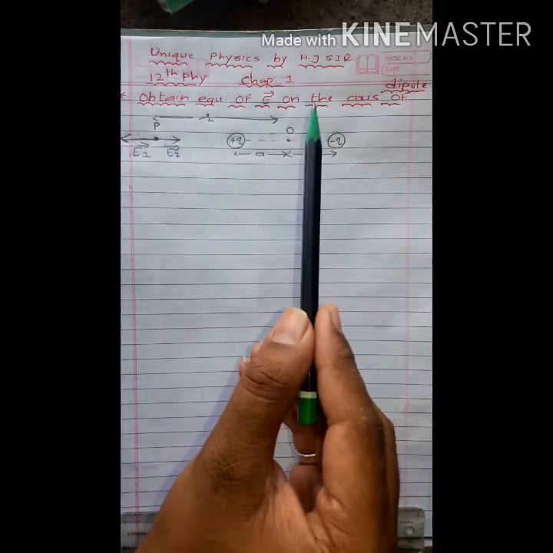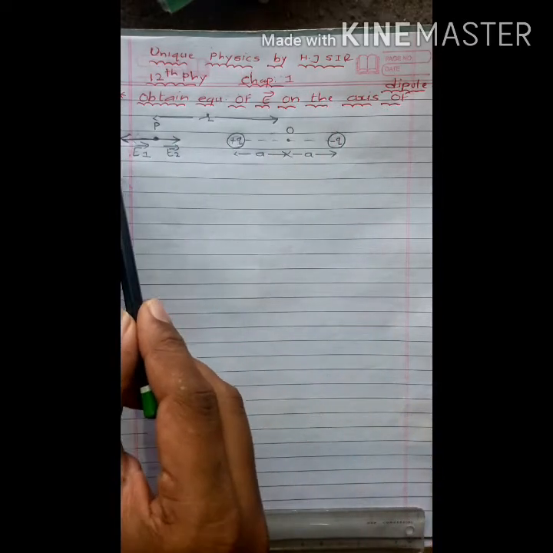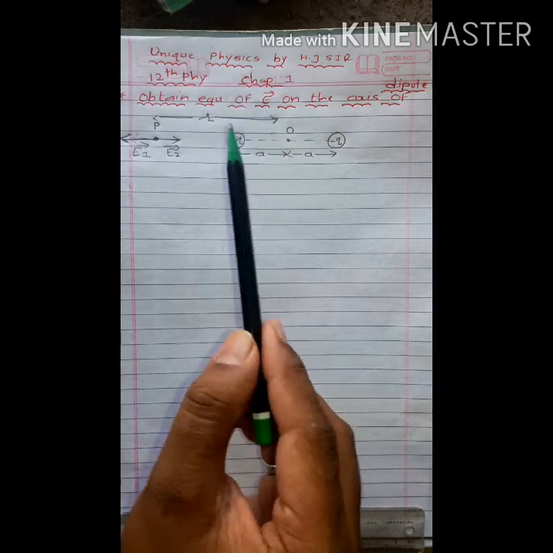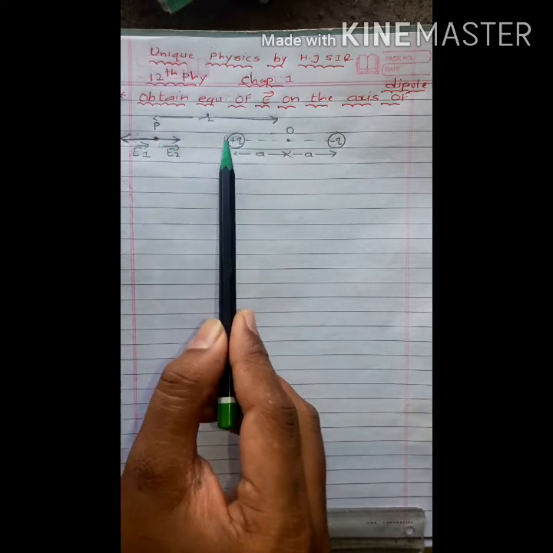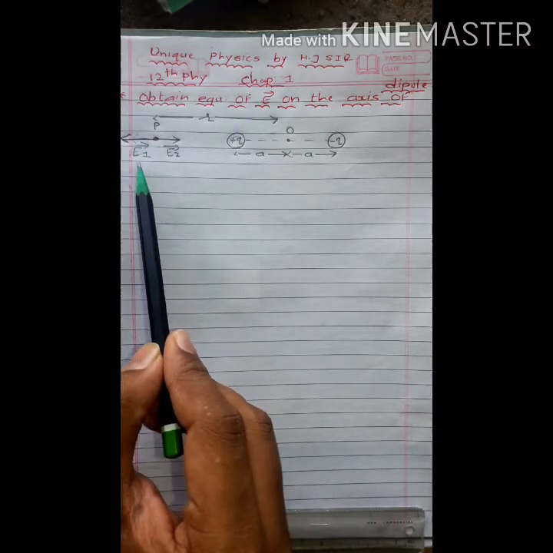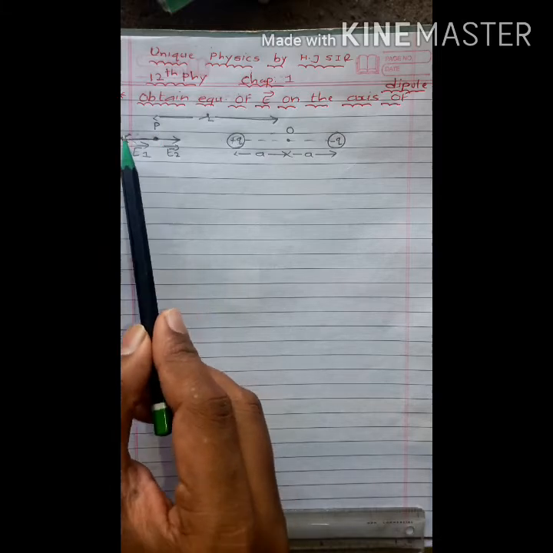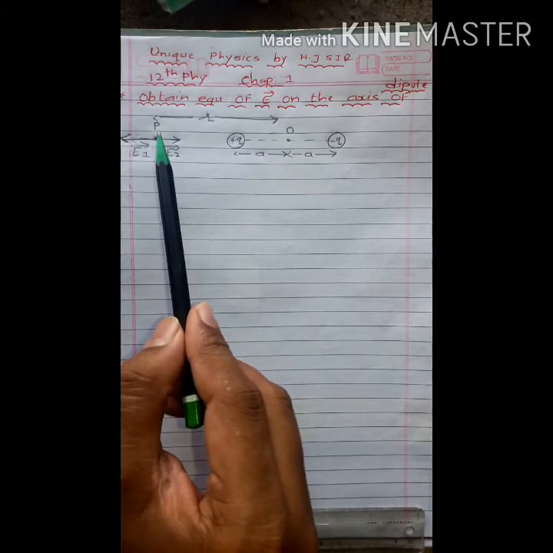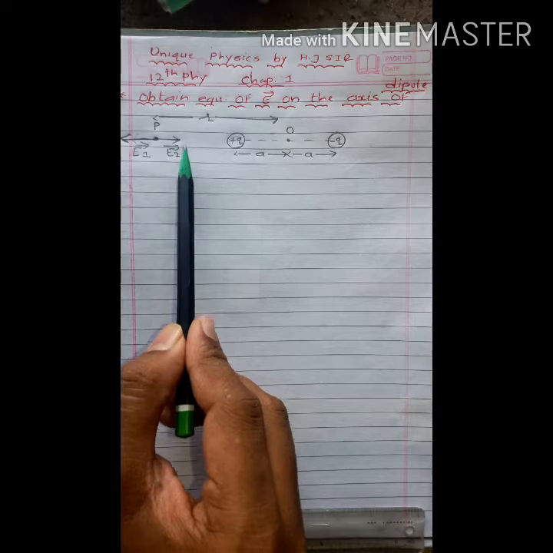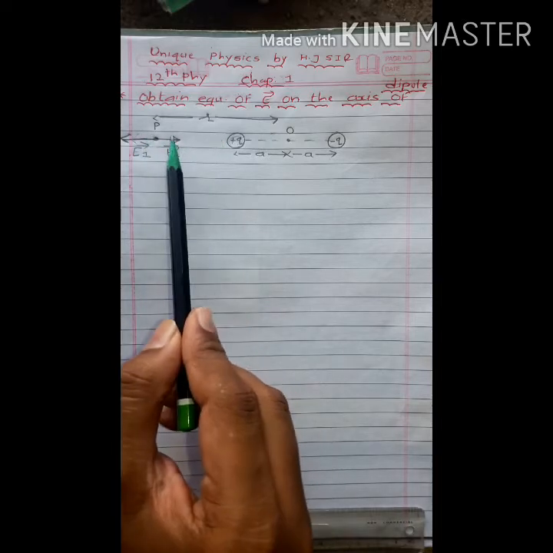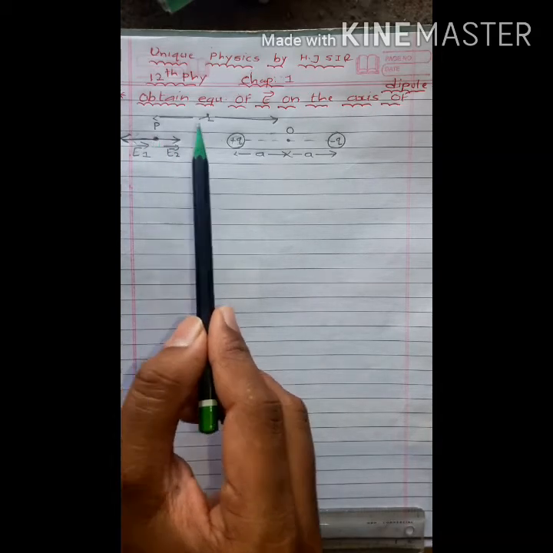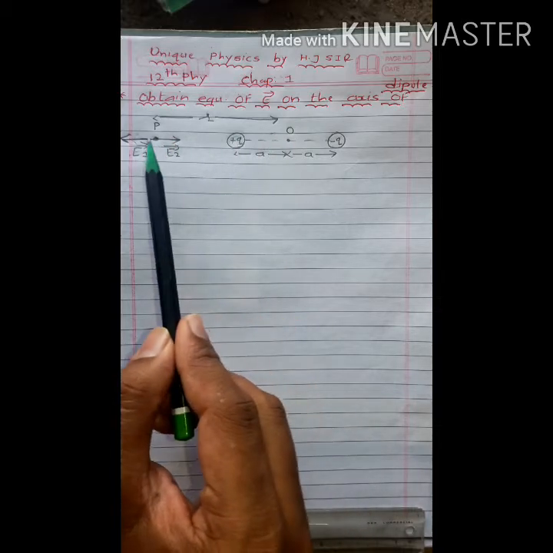Okay, we want electric field on the axis of dipole. So this is our axis. This horizontal line represents axis of dipole. Now here we consider point P. So first of all, plus q charge produces electric field at P point, and it is denoted by vector E1. Here this field is prevailing in minus x direction. While minus q charge produces electric field at P point, it is denoted by vector E2 and it is prevailing in plus x direction. Remember one more point, the distance of P point from center of dipole is suppose smaller.